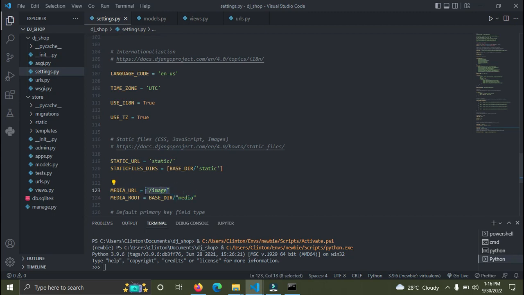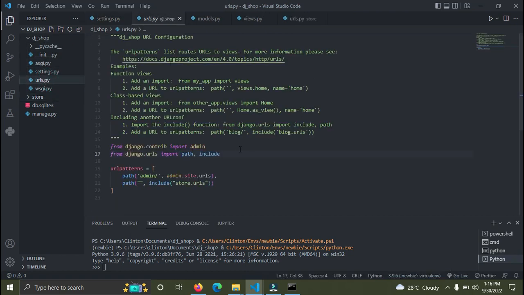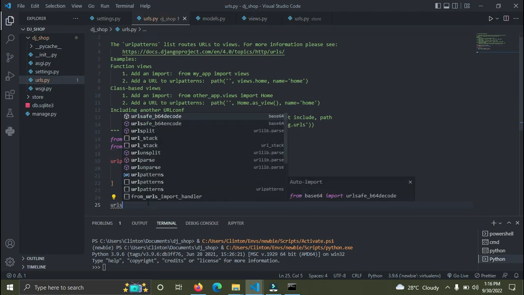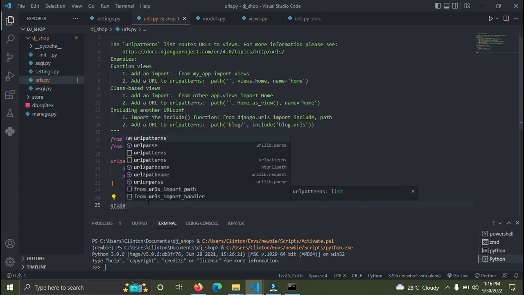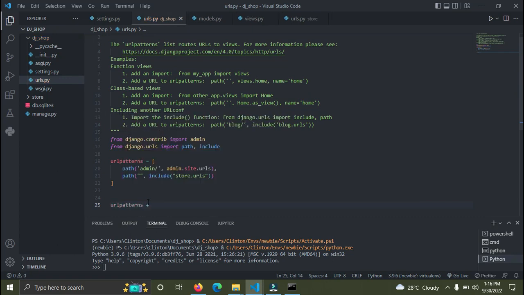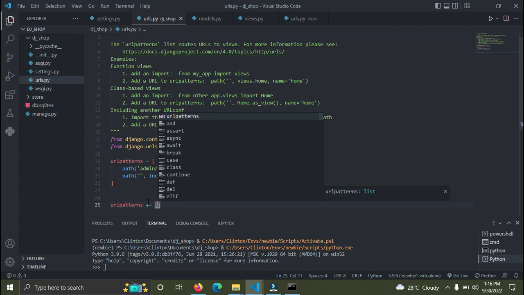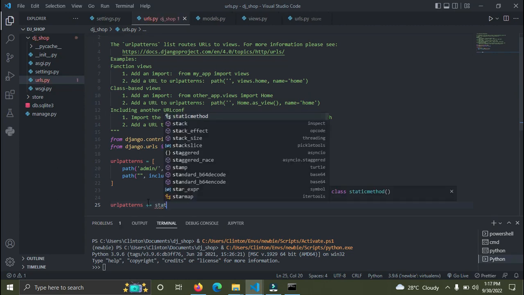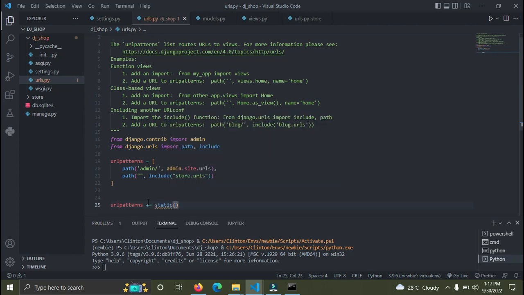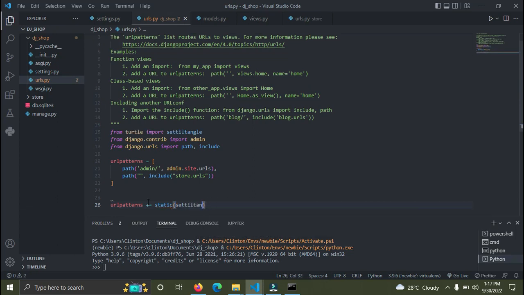As simple as that. So after we've done this, we need to do one more thing for this media stuff. We need to go down to your urls.py file in your Django project. So just right there, to complete everything, we're going to say urlpatterns += static, and then we're going to say settings.MEDIA_URL